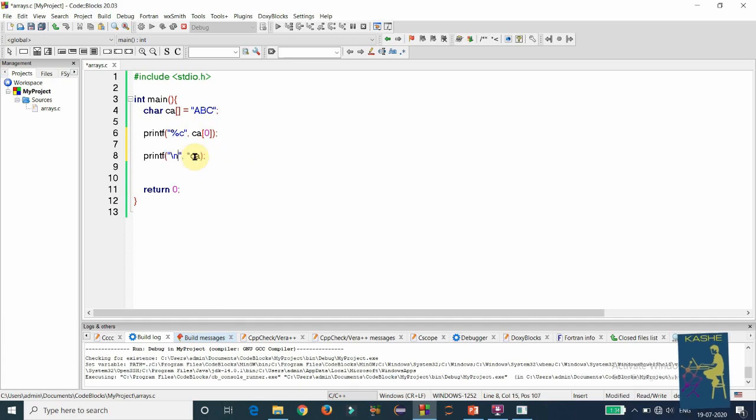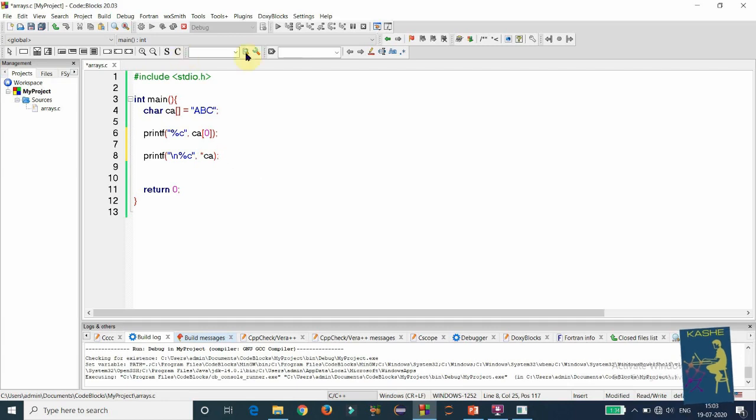We need to change %p to %c because we are going to display a character. The format specifier for a character is %c. In the first printf statement I have used index 0 to display the first character of that character array. In the second printf statement I have used the dereferencing operator * along with CA, which is nothing but the pointer for the first element in that string.